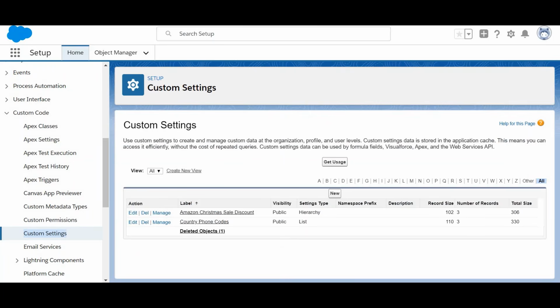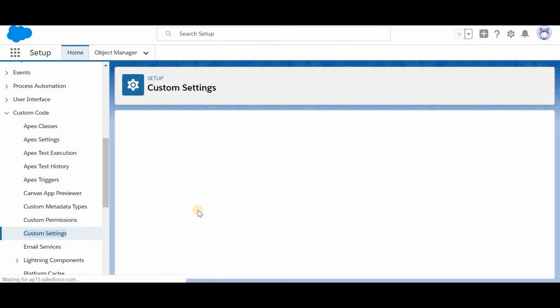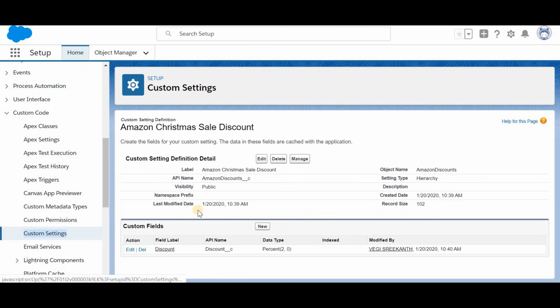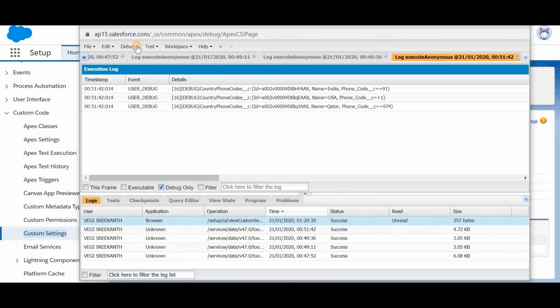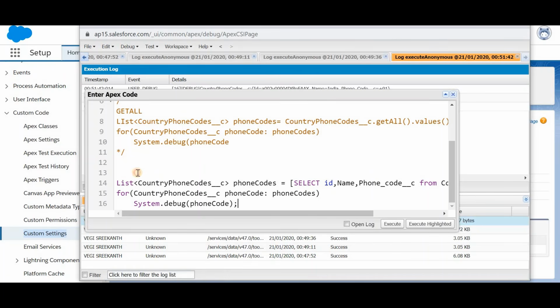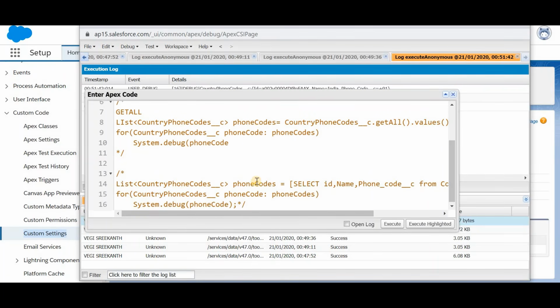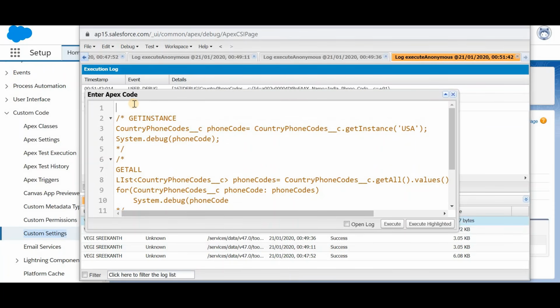See, now we'll see how to get hierarchical custom setting. So Amazon sales discount is basically the hierarchical custom setting. We have the API name. We just need to copy this and open the execute anonymous and debug execute anonymous, and then I will comment down everything that I have written here and go up and then just get that particular custom setting. So I will just give Amazon discount and then I just need to copy that again and use get values,